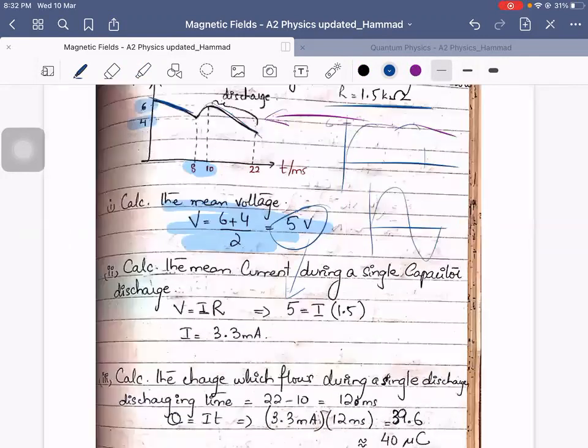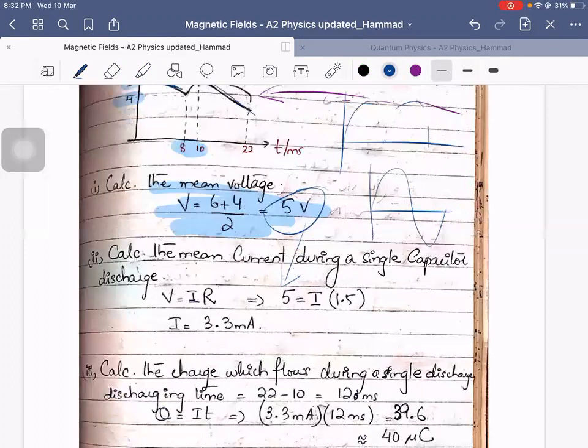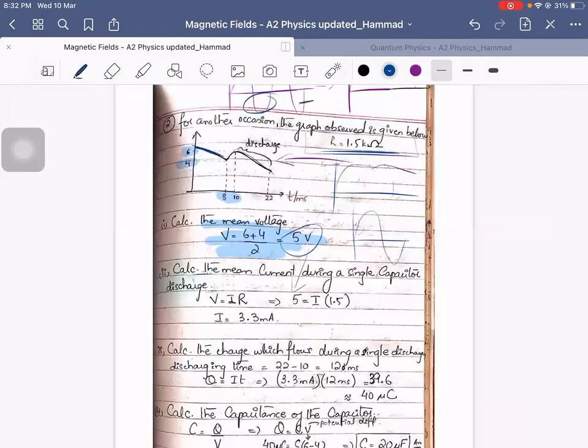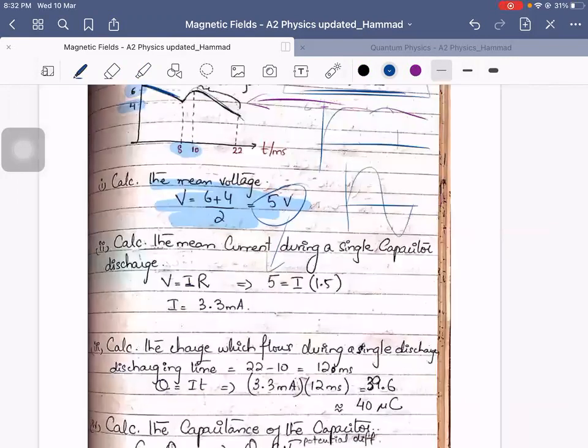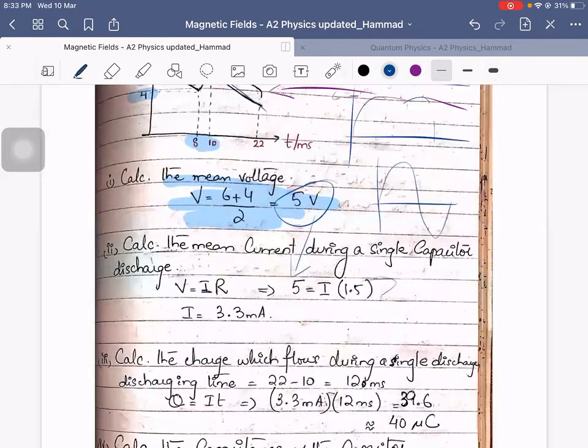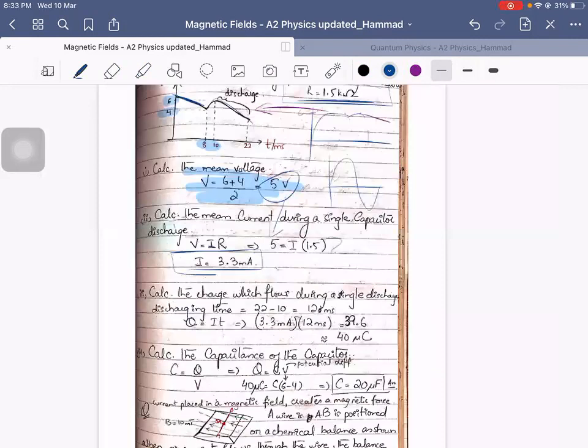Your resistance was 1.5 kilo ohms. You could convert this such that 1.5 into 10 to the power of 3. And therefore, your current works out to be 3.3 milliamperes. Now they're asking you, you have the current, they're asking you